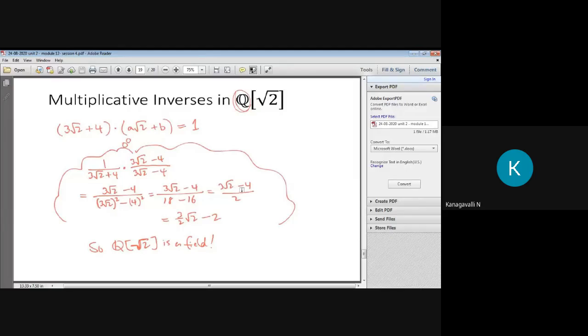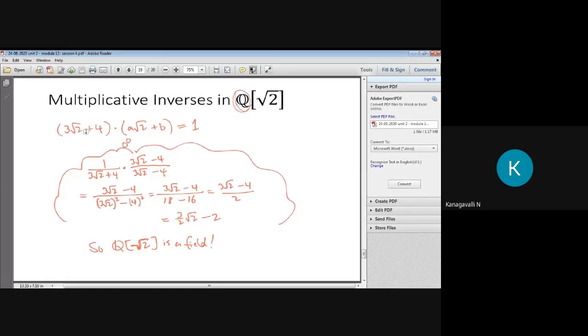So take the divisor into each separate term. 3 root 2 by 2 minus 4 by 2. What is the value? 2. See, if it is a field, definitely it is in the form of a root 2 plus b. So a is some integer, right? And also b is a constant. If it is not in the form of rational terms, your b definitely it is not in the form of rational terms, right? 3 by 2 root 2, it is the only rounded integer value. So finally I conclude here that the inverse term is 3 by 2 root 2 minus 2.